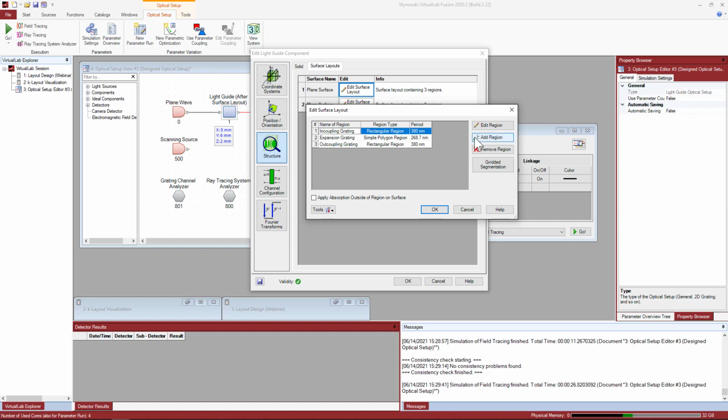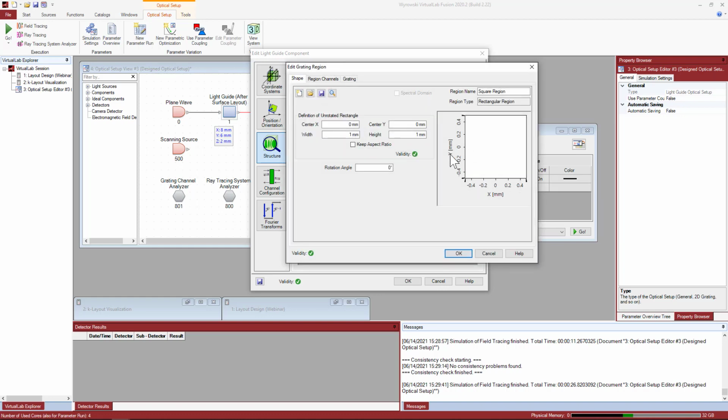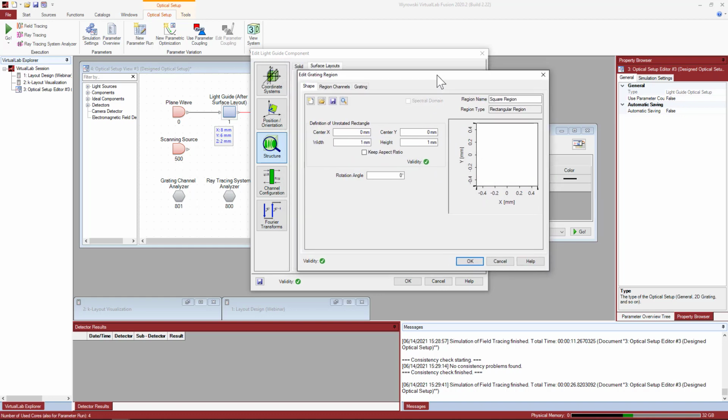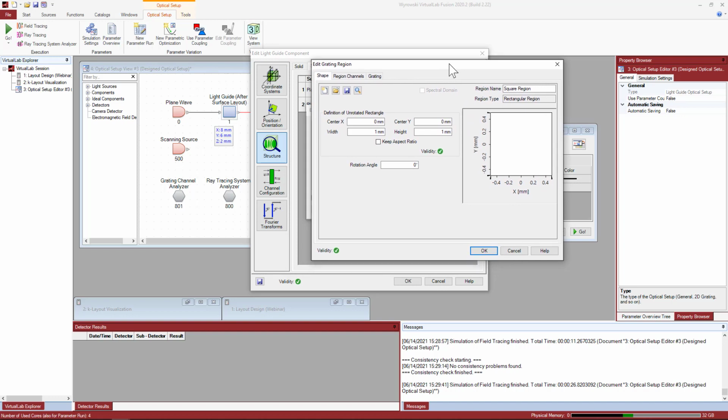We could add more, and let's add another one. Let's add a new one to take a brief look at the possibilities that we have for the definition of the shape. So this is the dialog to set up a new region, and here we can investigate the options that are offered to us. We have a few default ones: rectangular, elliptic, simple polygon, which is the one that is used for the EPE region, for instance, where